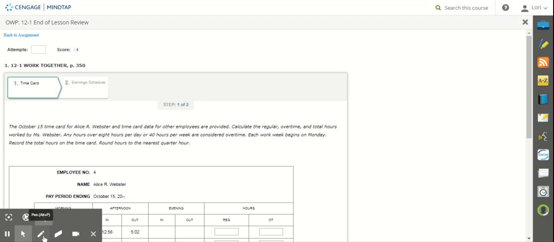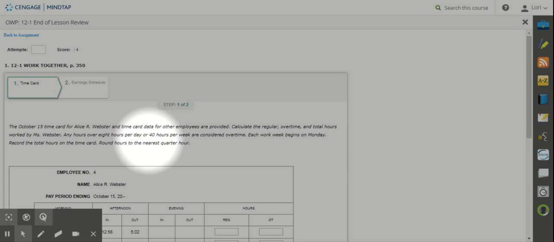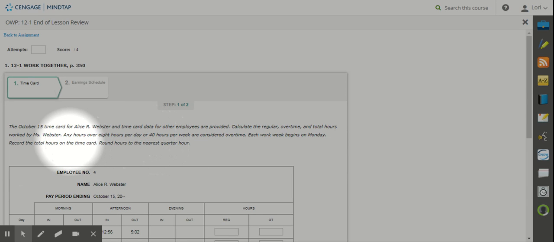And so what we need to look at is how they want to pay us. How are they doing the pay? Let's look and see. It says it's rounding the hours to the nearest quarter. And so that means that whenever